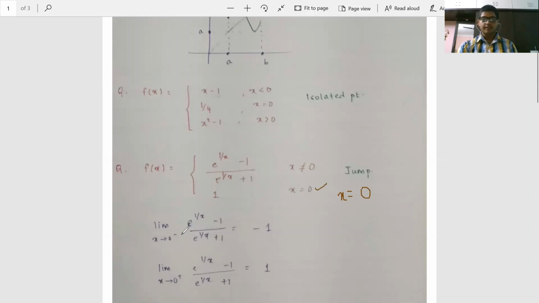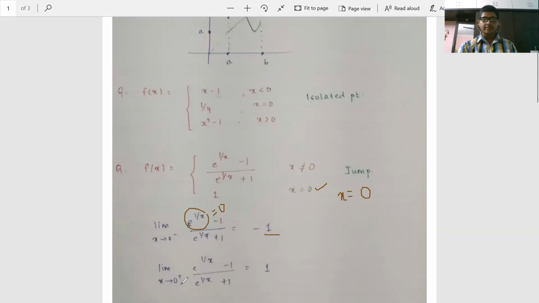Now, two things are to be checked because, as I had done similar questions in limit, so you should be getting the intuition, I think. So you have to check both the LHL and RHL separately. So LHL, how to do? Limit x tends to 0 minus of e power 1 by x minus 1 by e power 1 by x plus 1. That is equal to minus 1. You can easily see because let's say we take the value of x as minus 0.0001. So this is going to be e to the power minus infinity. So basically this value is going to be 0 in numerator and denominator. So what remains in numerator and denominator is minus 1 by 1. So this is going to be minus 1.